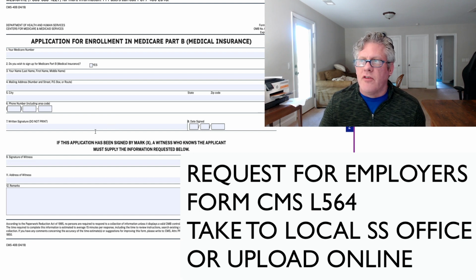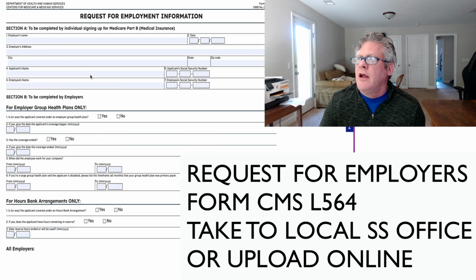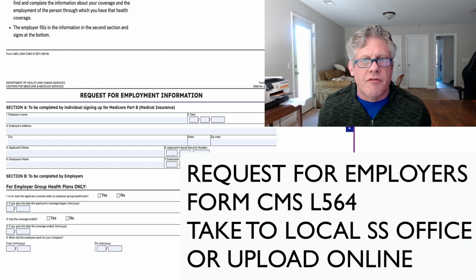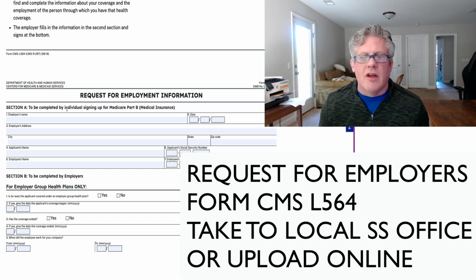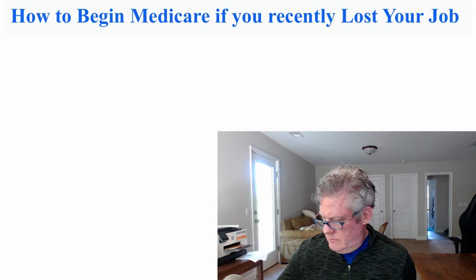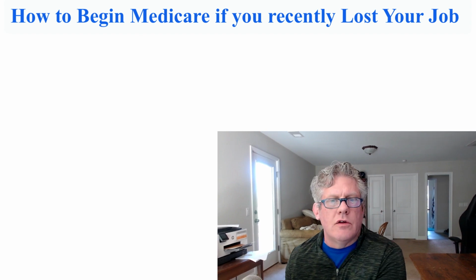And you'll just fill this out and give it to them, and you'll also get this from your employer, the request for employment information. So those are the only two forms that you need to fill out to get your Part B. All right, and once we get those, like I said, you can either do it online. I have a video on how to set up a SSA account and how to enroll in Part B. You can do that online, or you can go to the Social Security office, all right? Okay, guys, in conclusion,